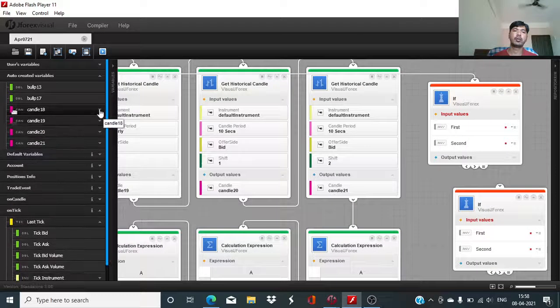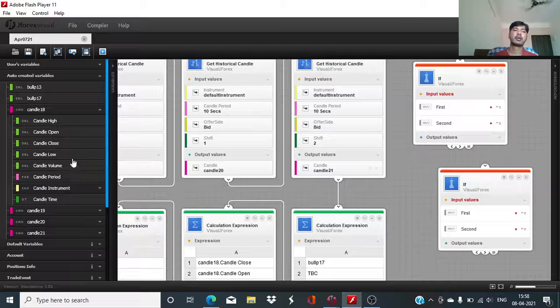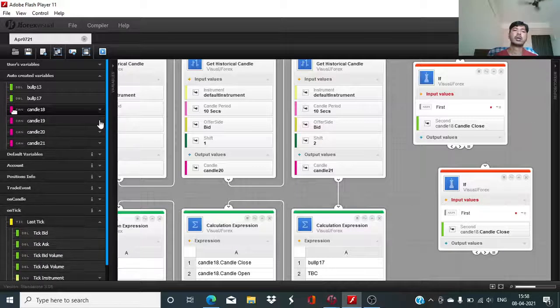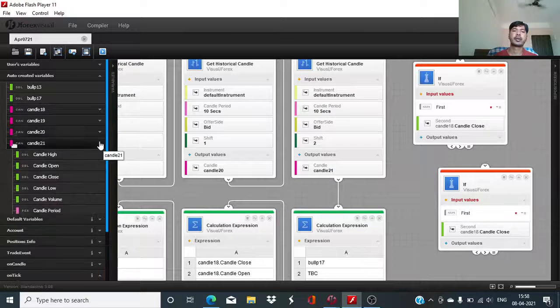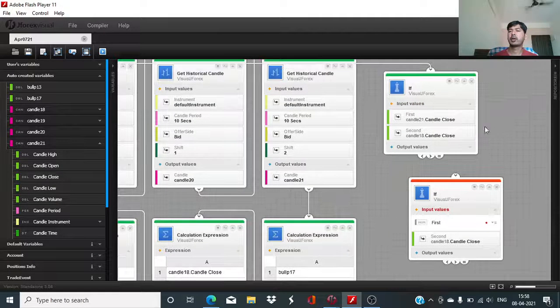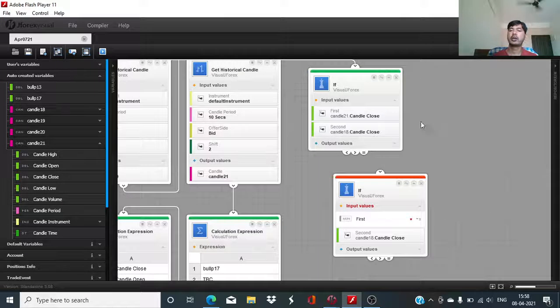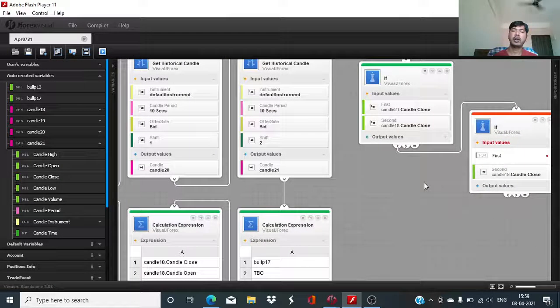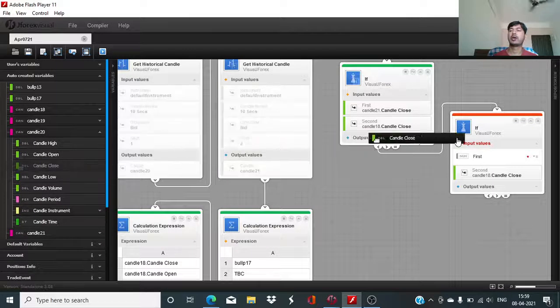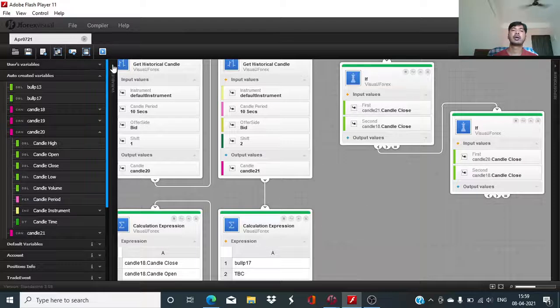and we will have to look at candle 18's candle close and candle 21's candle close should have been below the candle 18 candle close, and then it started to rise, so candle 20's candle close went above it. Okay,